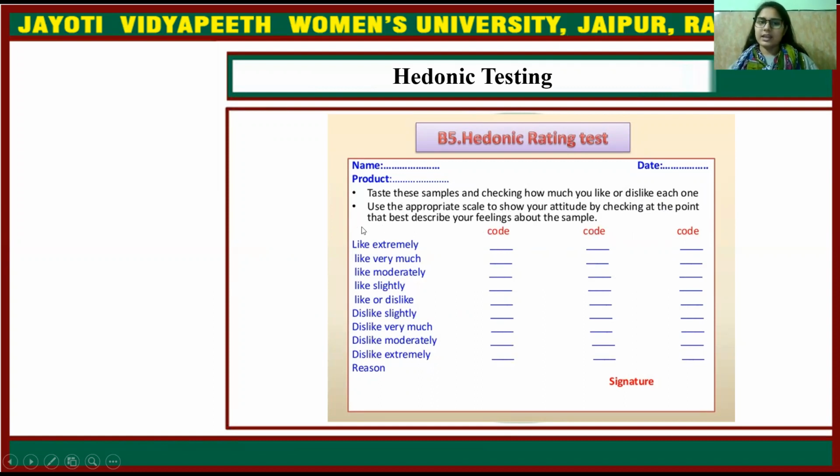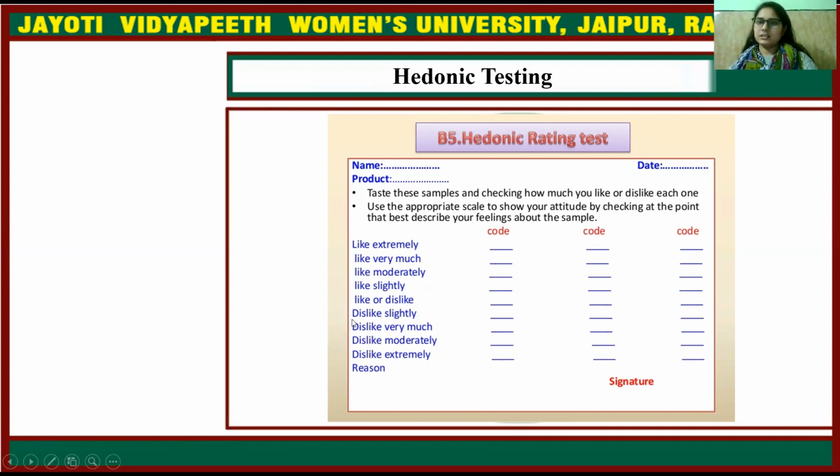So there is a 9-point scale, where like extremely is 9, 8 is like very much, 7 is like moderately, 6 is like slightly, 5 is neither like nor dislike, 4 is dislike slightly, 3 is dislike moderately, 2 is dislike very much, and 1 is dislike extremely.